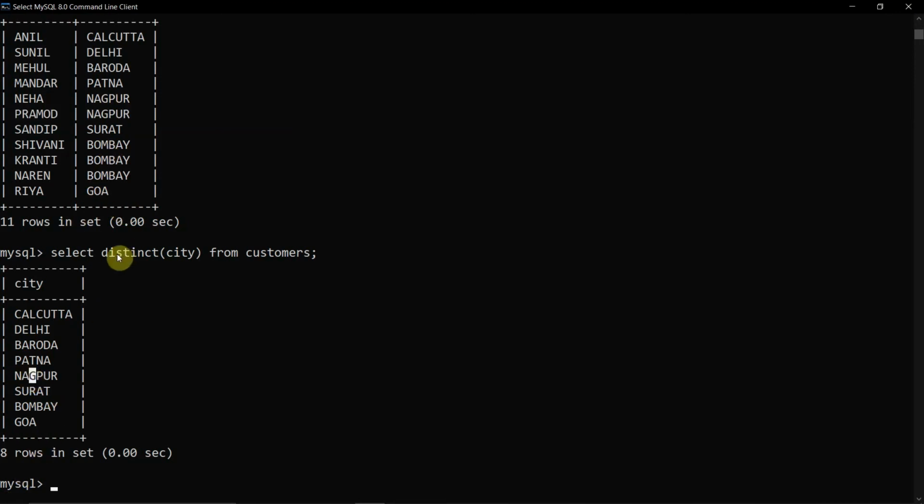With the help of the distinct clause, you get the repeated data, but it will show you only a single time. It will not show you how many times it is repeated.